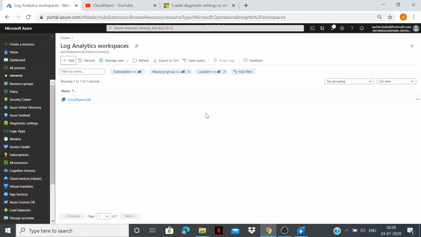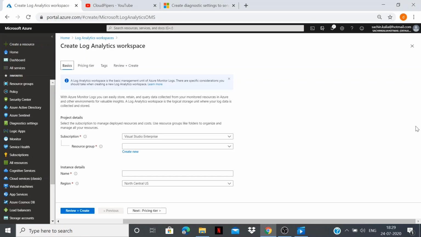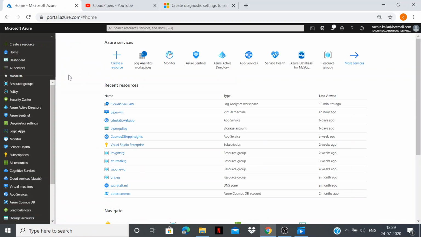Once you click that, it opens a window where you fill in all the required details: the resource group, the name you want to keep, and the region where you want to provision it. For now I won't go into that, because the primary objective is to show how we can send diagnostic settings for a subscription to the Log Analytics Workspace. So for that purpose, I have created my Log Analytics Workspace.